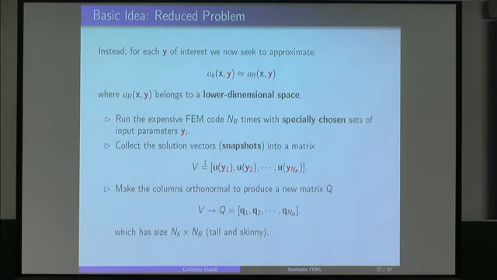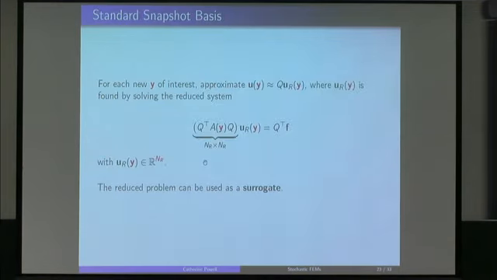You collect them together, and then you do a bit of manipulation on this matrix. You create a new matrix, which we'll call our reduced basis matrix. Now, this needs to be what we call a tall and skinny matrix. So this dimension will be the size of your finite element mesh, n_h, and this dimension will be the number of runs that you've done. We're only going to get savings here if n_r is much smaller than n_h. So we generate this matrix, and then we just project our original problem down onto a smaller dimensional space. So basically, if we want to generate a sample of our solution for any particular choices of input parameters, maybe we're doing design, optimization, something like that, right?